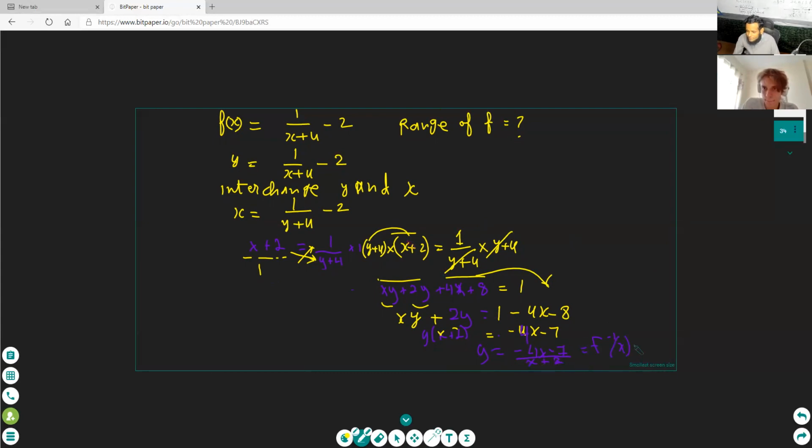What is the range? I don't know. We cannot get negative 2. Yes, good. Range of f is